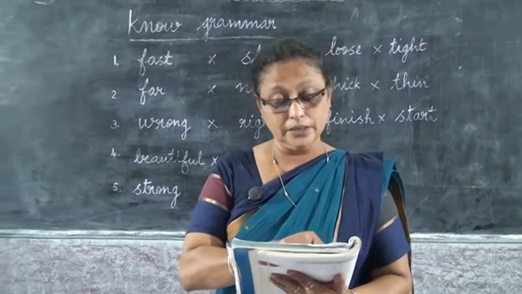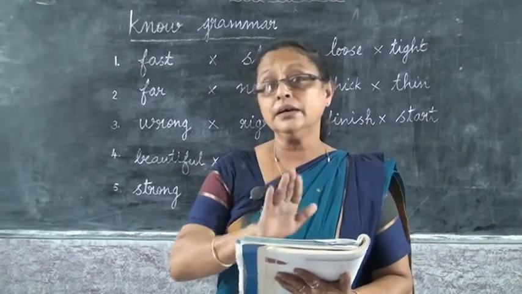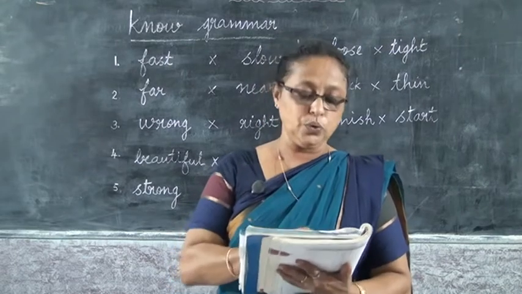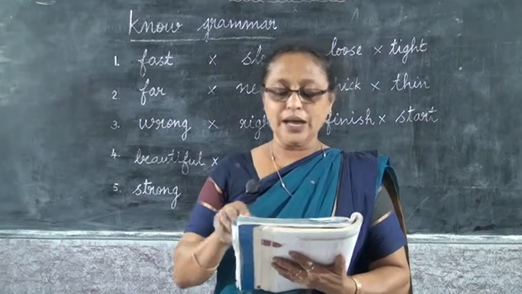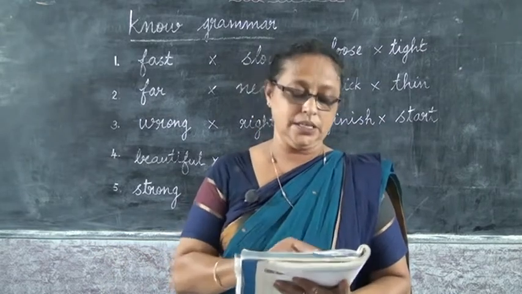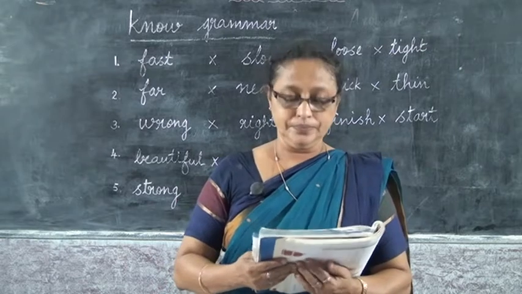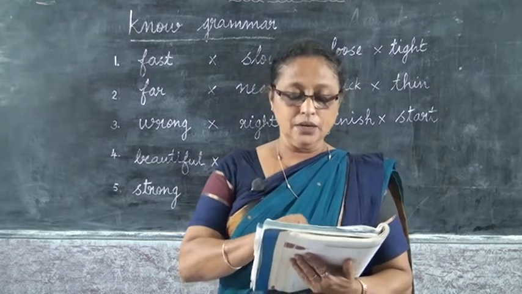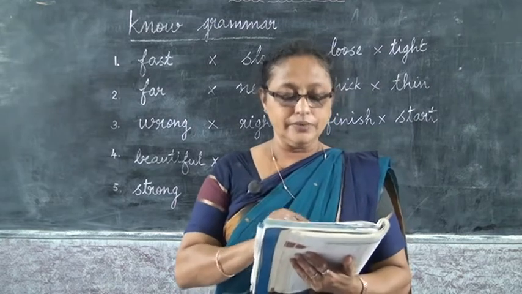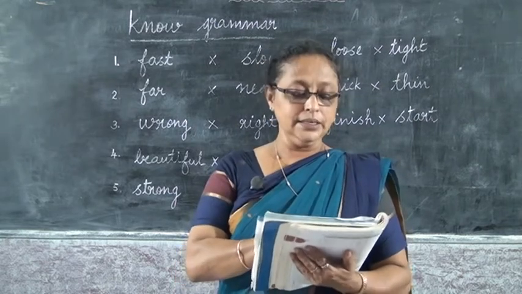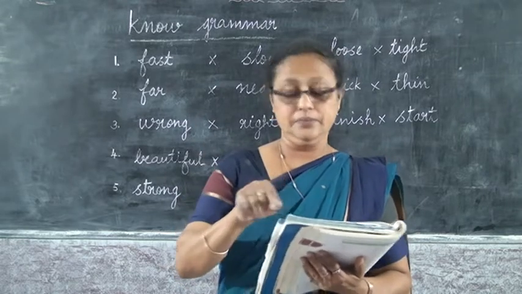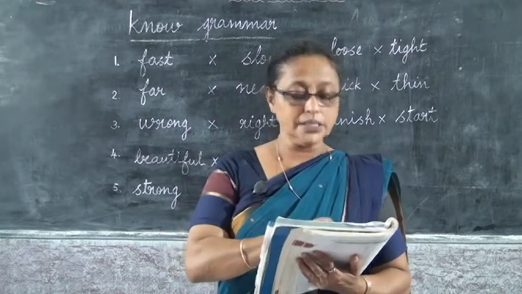It is painted there in the green crayons. It is all in the textbook. It is already done for you. That is fast. So you have to search in that word search. What's the opposite of fast? The opposite of fast is slow. That is already circled, done in the textbook. The opposite of fast is slow. Next one, you can draw that in the green crayons. You can circle fast, slow.